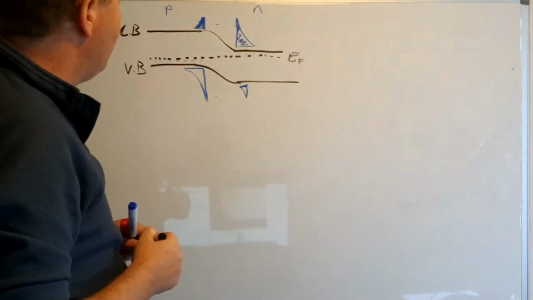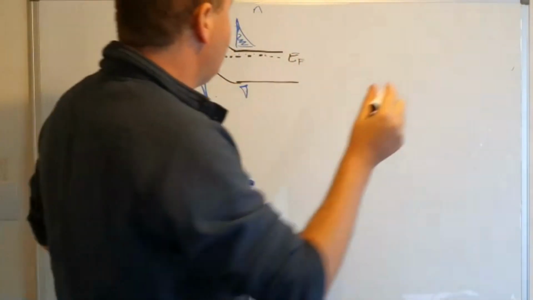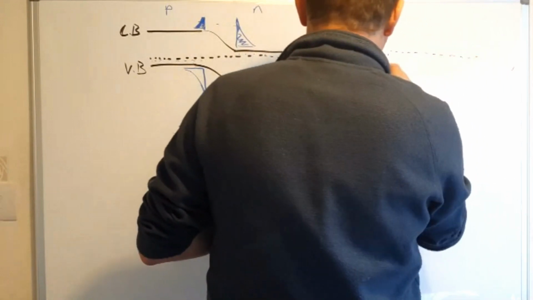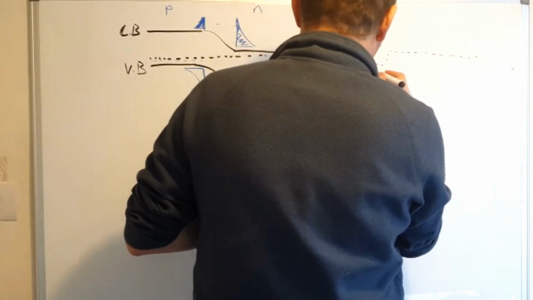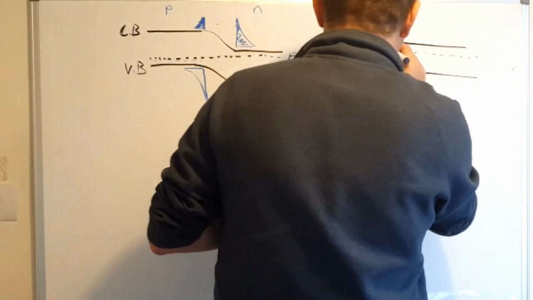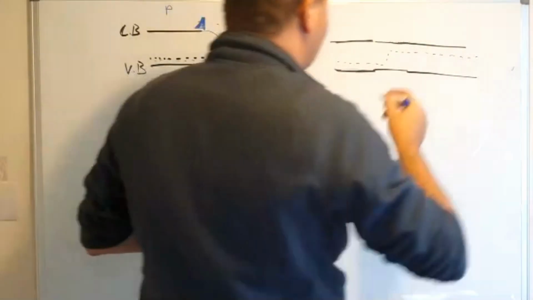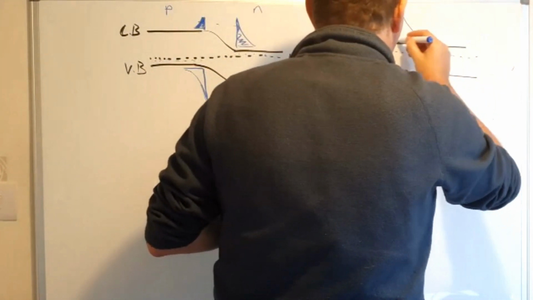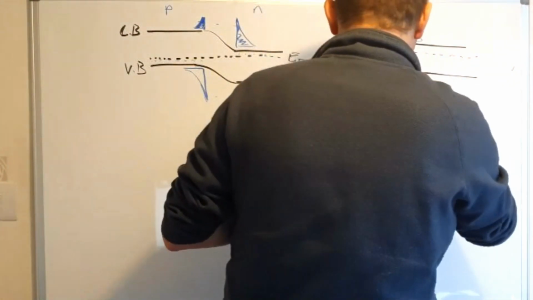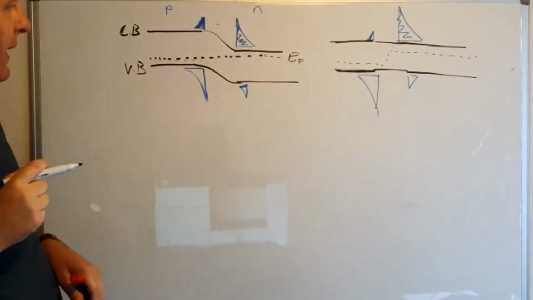If we change the bias on this system so that we make the N side come up and the P side go down, okay, so I'm applying a rather severe bias here. So in a position that looks like this, we've had so much bias to this, in fact, we've made the